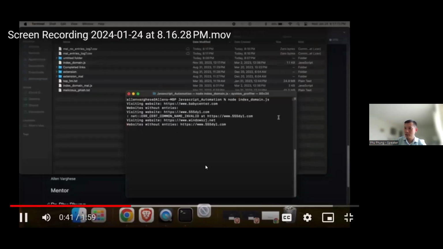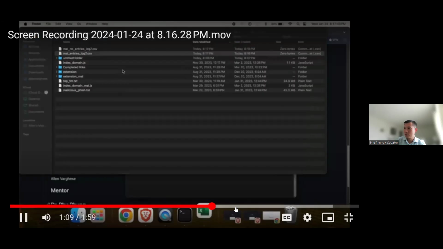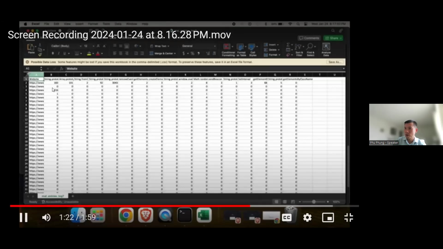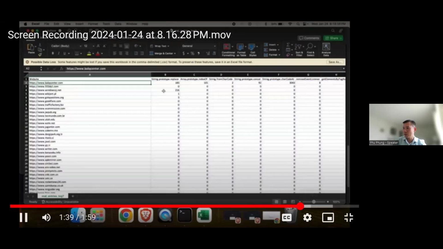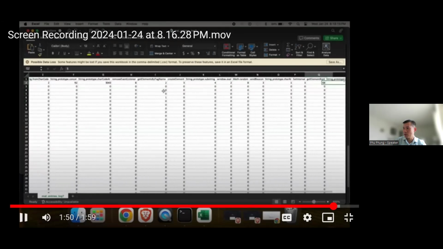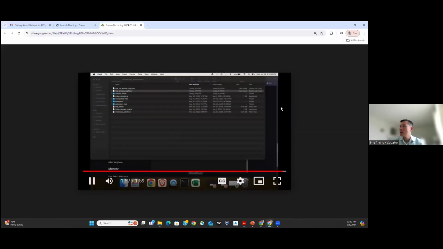You see the CSV file is generated here. So these are some websites, and this is the output that we provided. You see the output is running like this. So this is the output that we provide, the features, and then of course the next step is we run the machine learning model on these features. Okay.